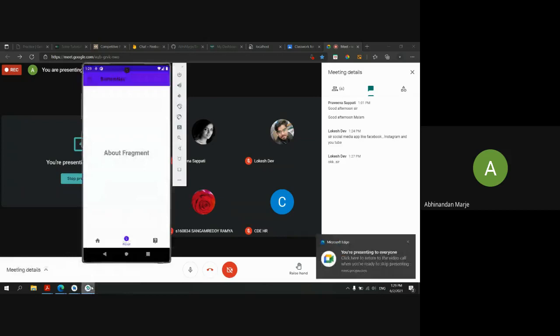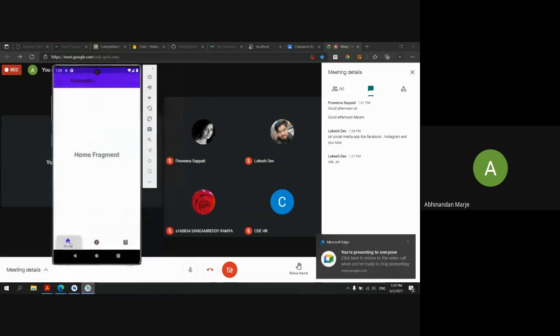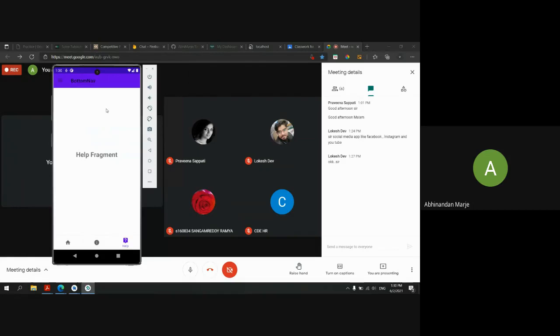Okay, so what you can do is, in the home page you can list all your hotels. Use the bottom navigation, with home to list all your hotels. The next thing, in the second item you can keep how many hotels you have booked, so it will display only the hotels you have clicked on. And on the third item you can give your own ideas.